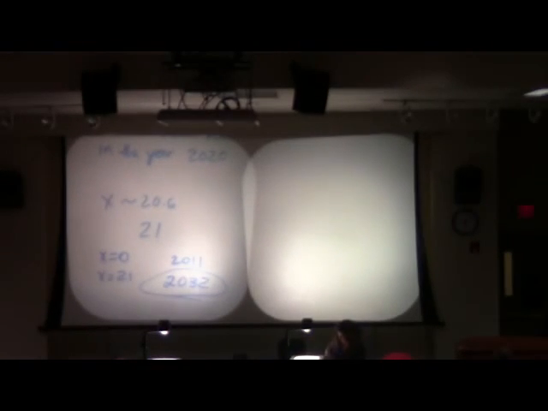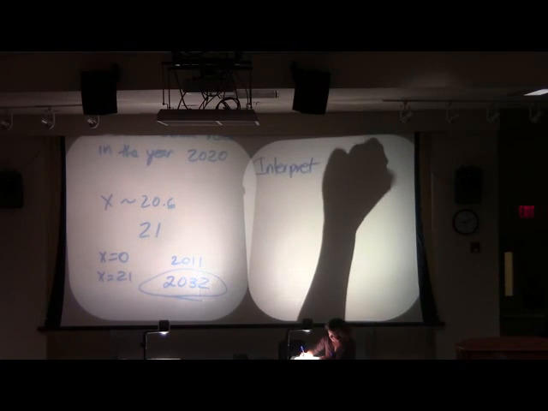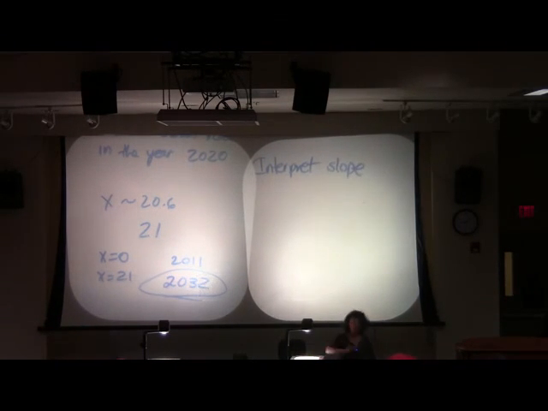Okay? So, let's interpret the slope. Okay? Well, remember when we look at our slopes, we're looking at a rate of change. Do you all agree that when you look at the slope of a line, you're essentially saying for every increase in your